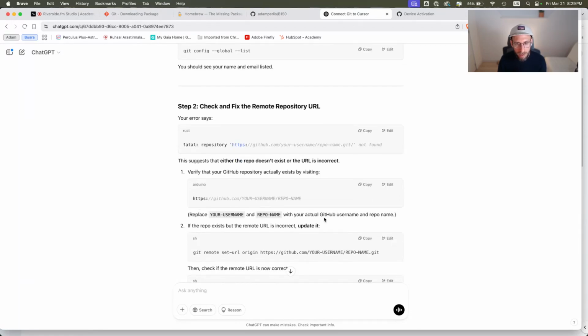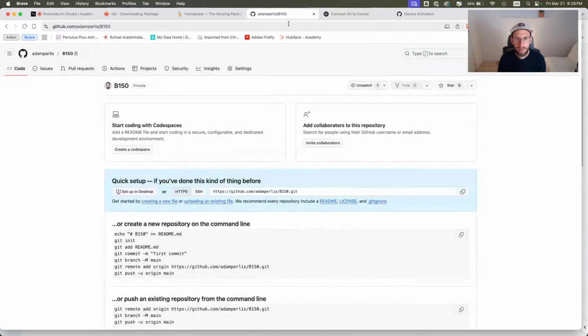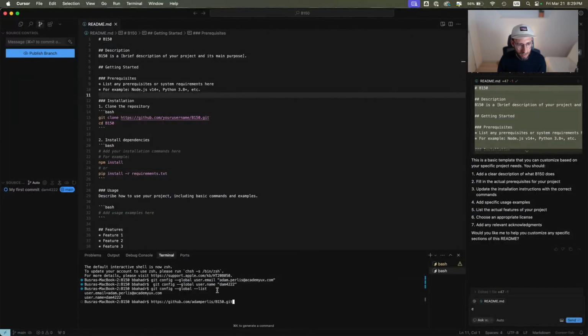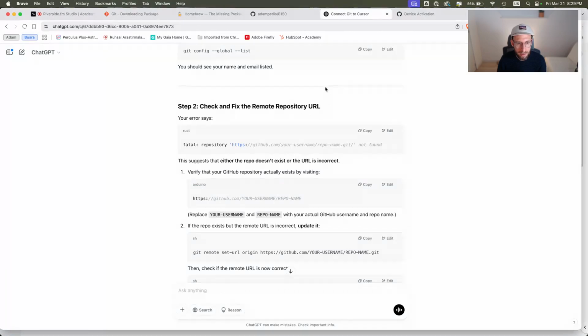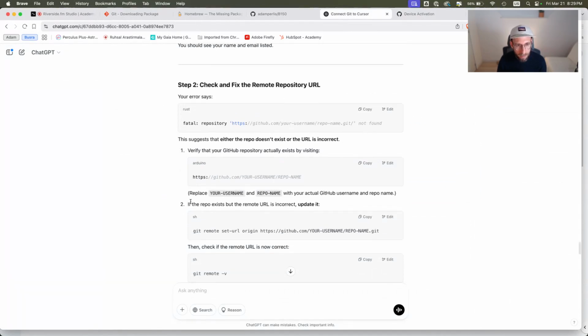Replace username. Okay, so we're going to grab ours back here. I'm going to copy this. And if we just paste it here, will that work? It says no such directory. I don't know if that's what they're saying. Replace your username GitHub. Okay. If the repo exists, but the remote URL is incorrect, update it. So